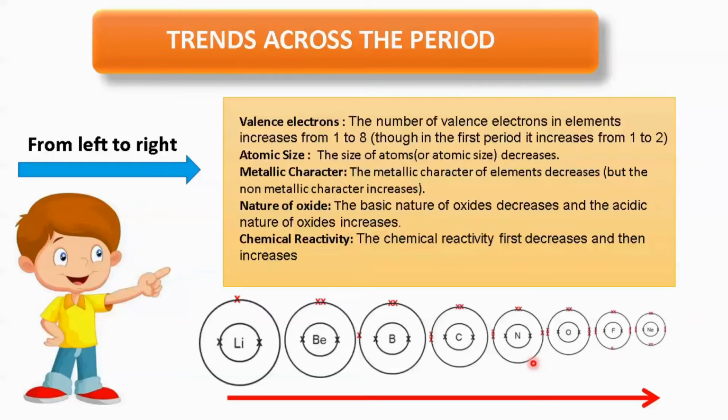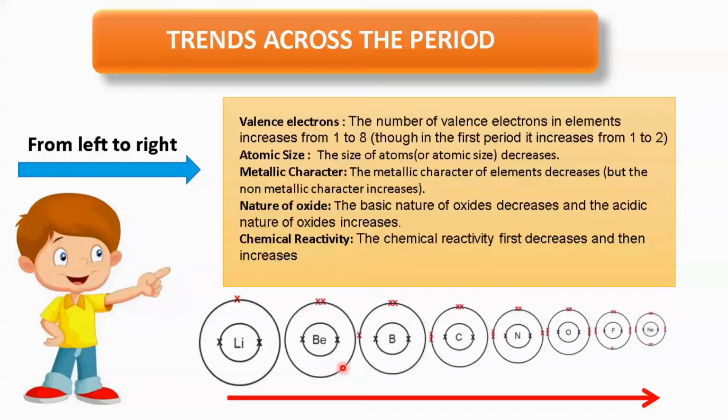We know that the ultimate goal of all atoms is to gain stability, which they can achieve by having the octet configuration. So in the case of carbon, which has 4 electrons, it would neither lose 4 electrons nor gain 4 new electrons. It would prefer sharing 4 electrons, forming covalent bonds.